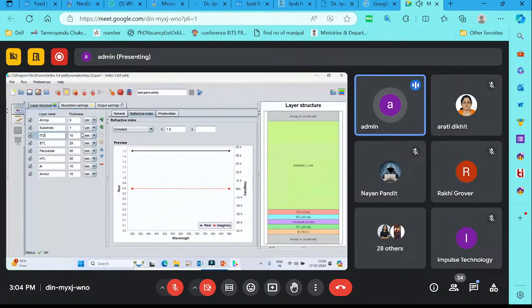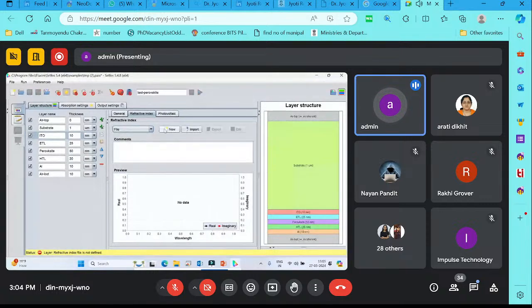Let's click on this ITO layer. If the ITO layer refractive index is not constant, it is dependent on wavelength, then I can click on this file option. And here I can create a new material. If somebody has some data of refractive index, you have a wavelength value, and accordingly the real part of the refractive index and imaginary part of the refractive index, then you can create your new materials and select the NK files,